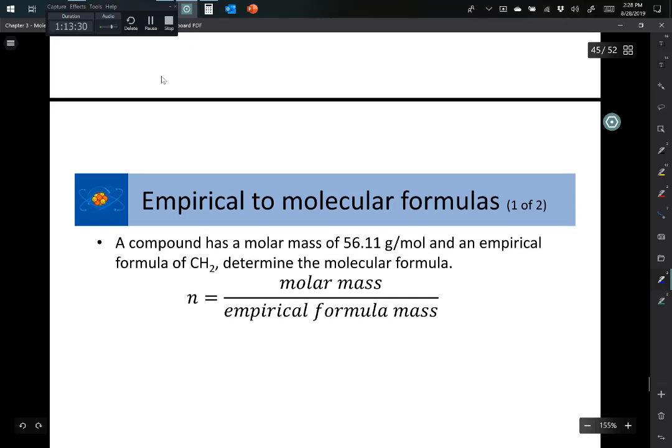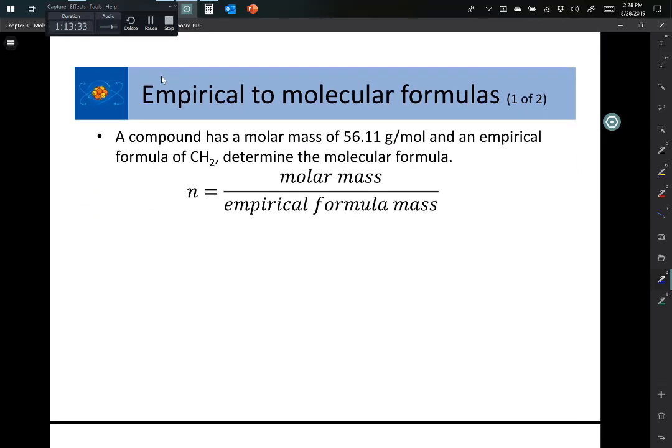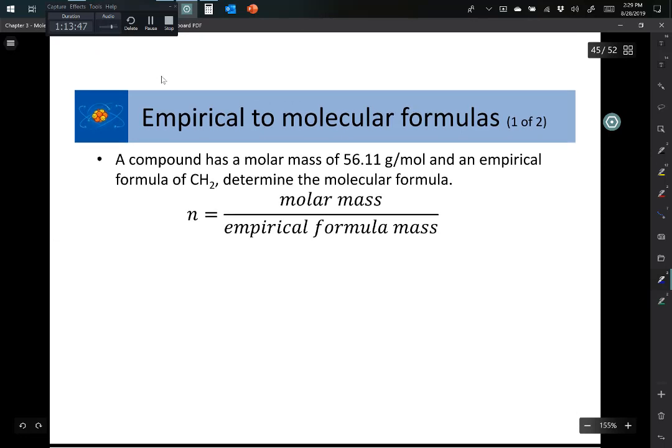Here's an example. A compound has a molar mass of 56.11 grams per mole and an empirical formula of CH2. Determine the molecular formula. So this actually goes along with that earlier example. I need to know CH2's mass. So that's 1 times the carbon plus 2 times the hydrogen, right? That comes out to